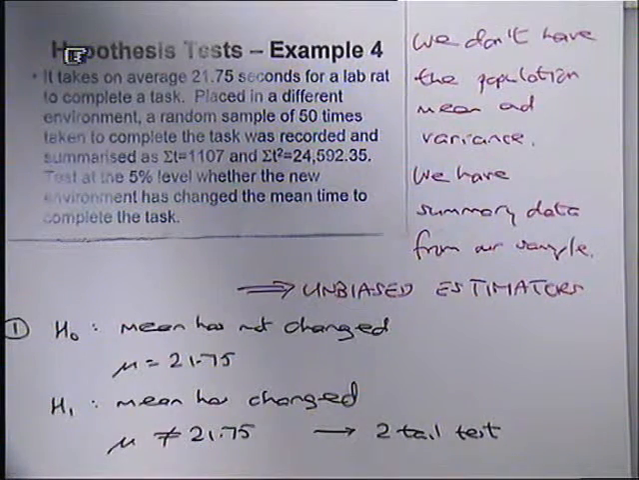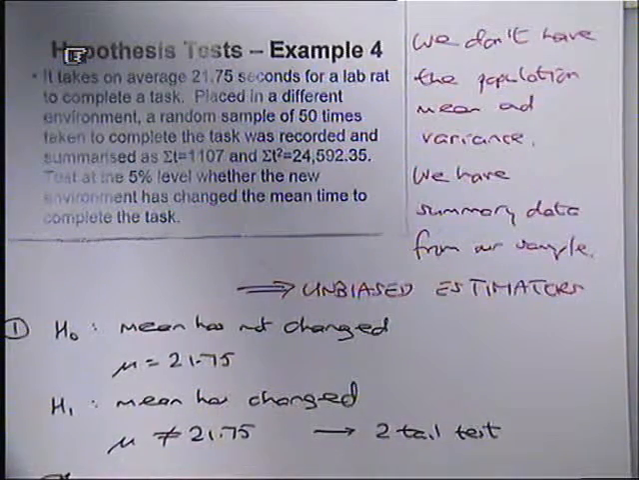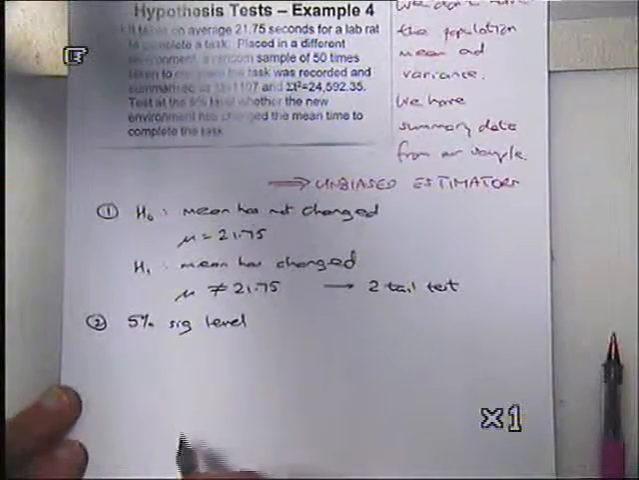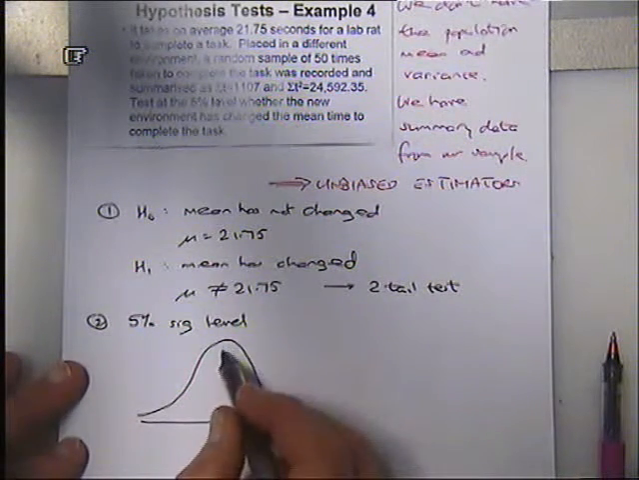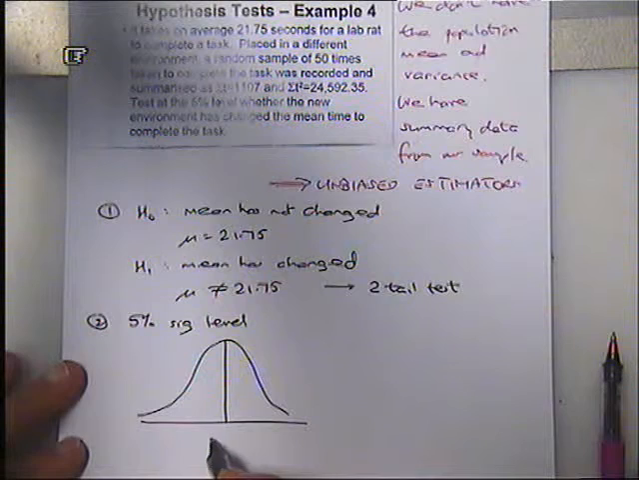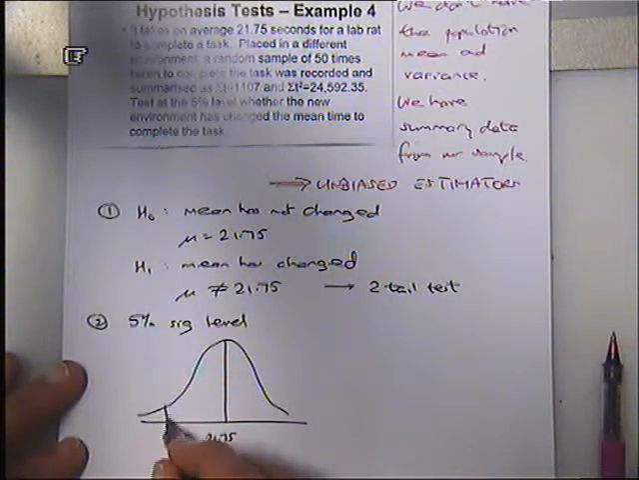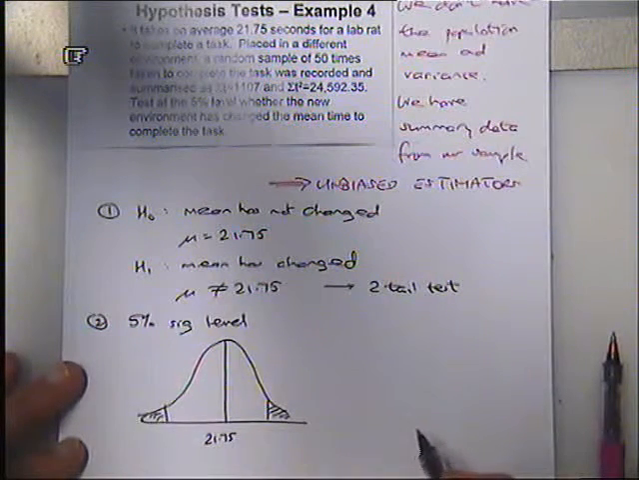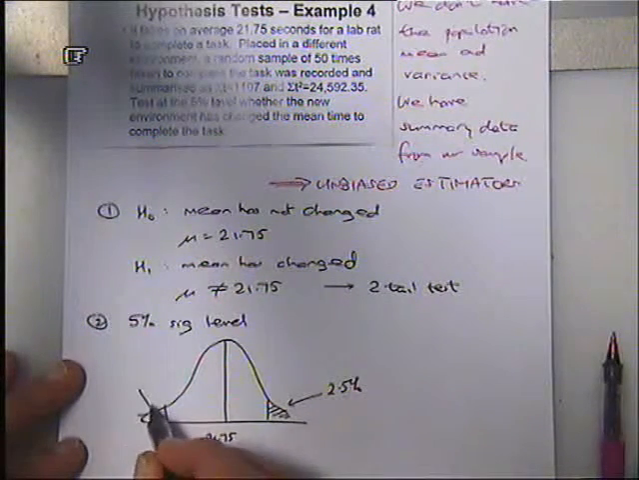Right, step 2. Decide on the significance level of the test. We're told it's 5% significance level that we're using. At this point, this is when I decide I'm going to draw a diagram. Then I can work out where I'm heading and what I'm doing. Under my null hypothesis, mu is 21.75. It's a two-tail test, so I'm interested in tails at either side, and those tails together have got to add up to 5%. So each tail is going to have 2.5% in it,